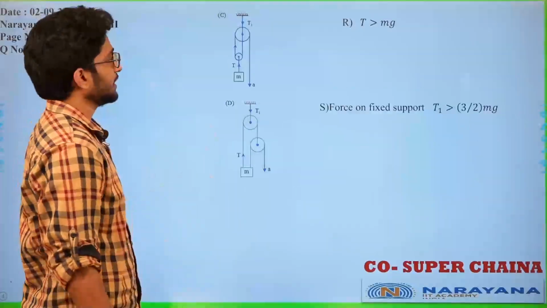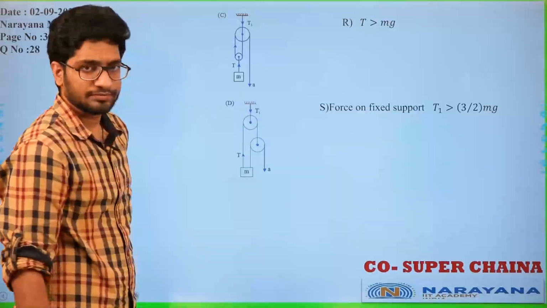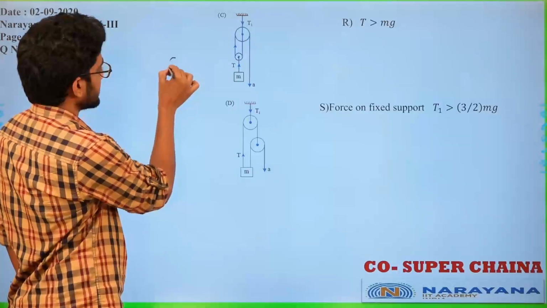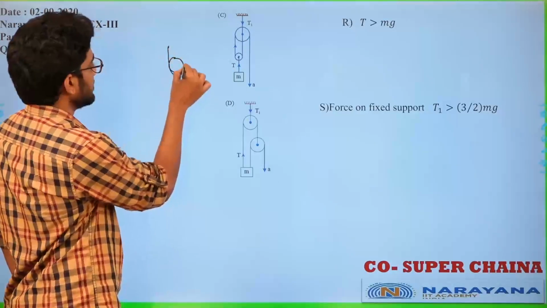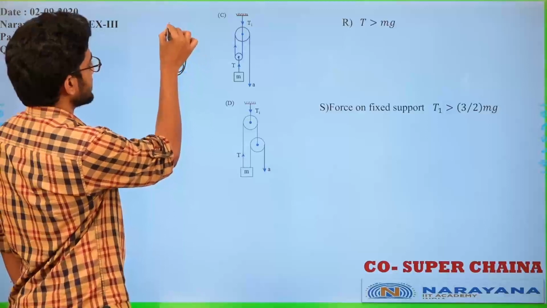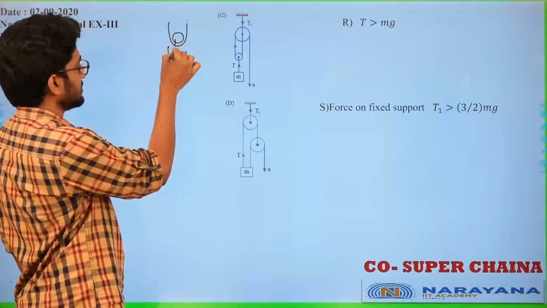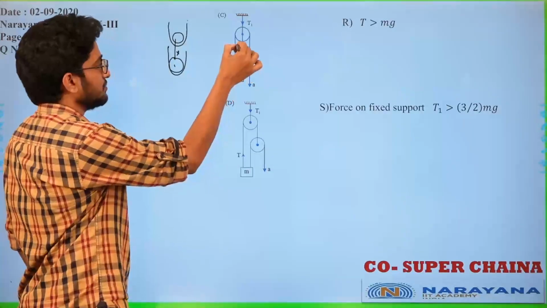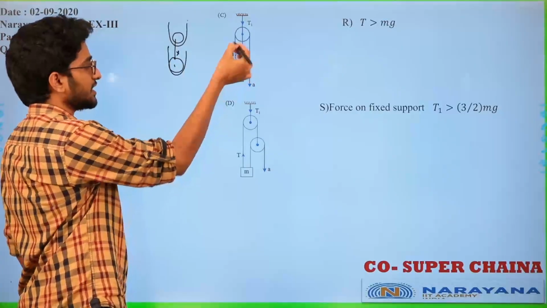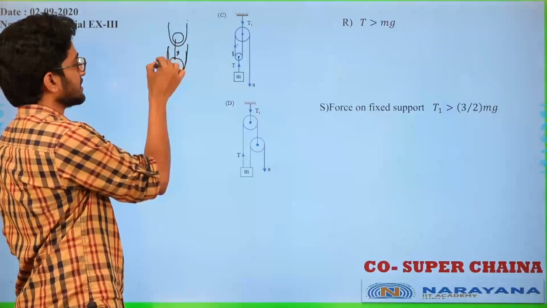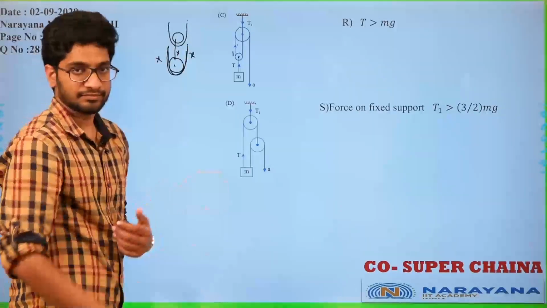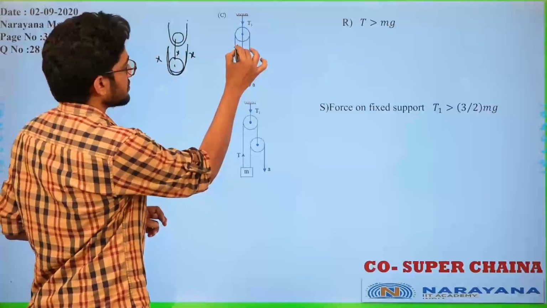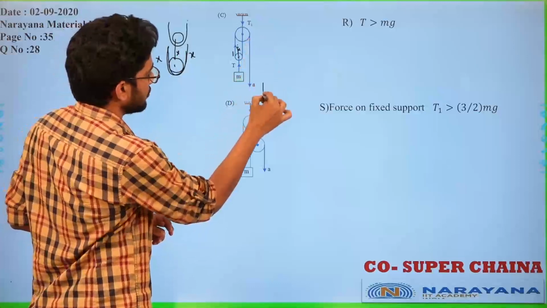Let's take this again. So how do I find the acceleration of the block? Again, if I assume that this pulley is moving upwards by x, the pulley which is in this position, let's say it moves upwards by a distance x. We have already seen one similar problem to this. So what is the extra length of the thread released here? If the pulley moves from this point to this point, x on each side is freed, right? X length of the thread on each side is free. So the extra length that is available is 2x. So if this pulley moves by distance x, this point here can move by 2x.